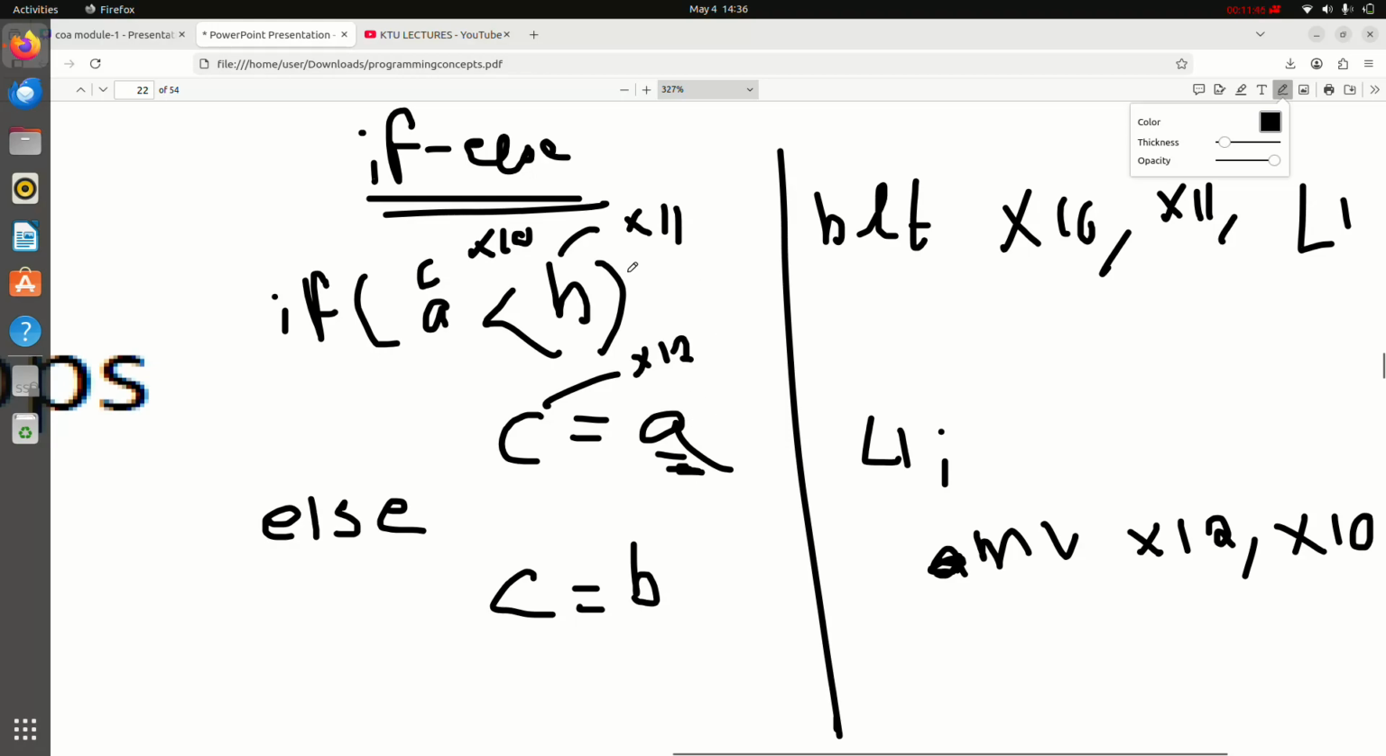I'm putting this A in C. That means move A to C. That is what this means. Otherwise, if that condition is not satisfied, then I'm going to move what to C? I'm going to move B to C. So if this condition doesn't satisfy, then that means I'm going to move